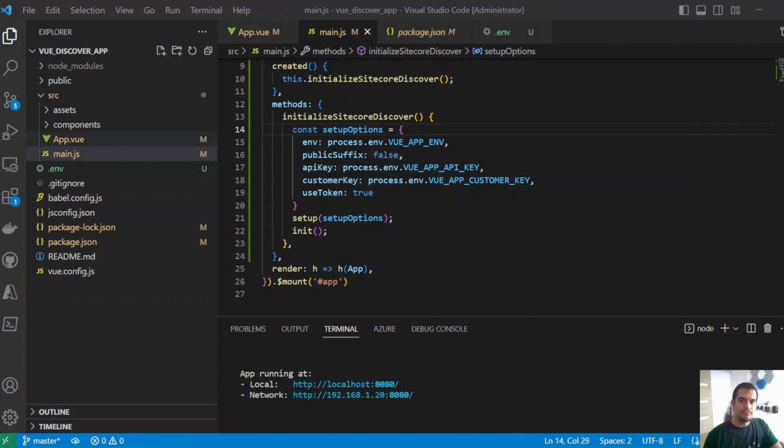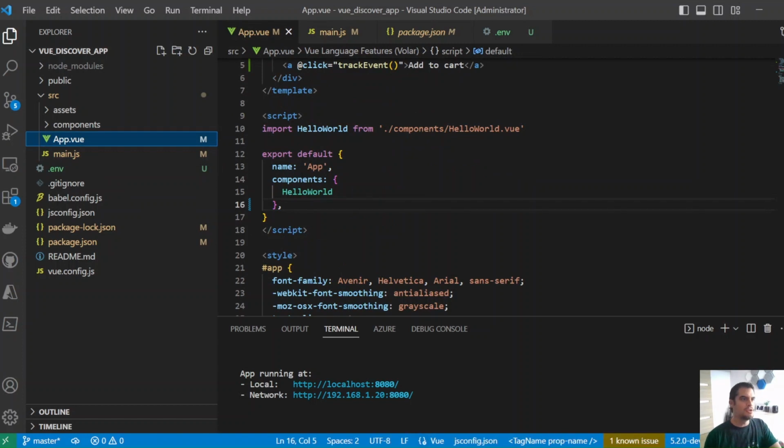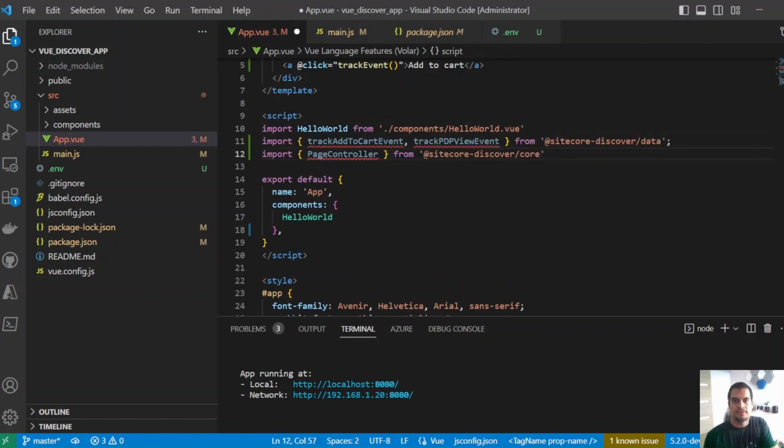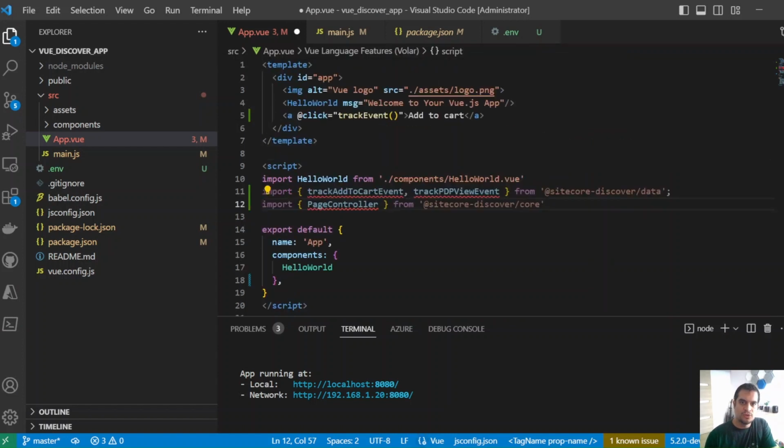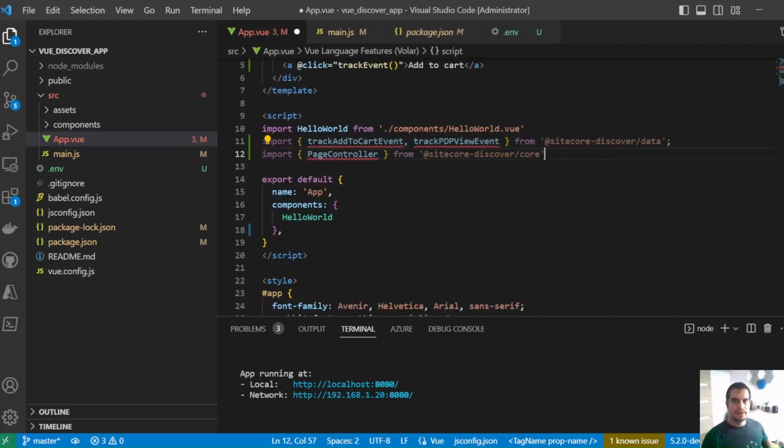So for doing that, first I need to import some of the functionalities I need from the packages. So basically what I have here is the add to cart, the PDP view, and also I want to use the page controller, so then I can also send the context the same way it worked for the SDK on React, but this is just nothing, that's just JavaScript, right? So